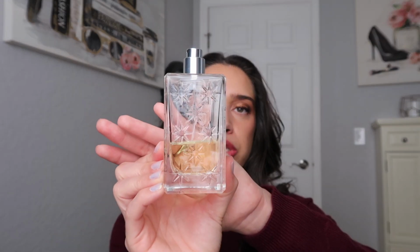This fragrance is definitely one that I only pull out fall winter. And although I enjoy wearing this on its own, and I do a lot of the times, since I purchased this fragrance, I haven't been able to put it down. And as you can see, because look how much I've used,